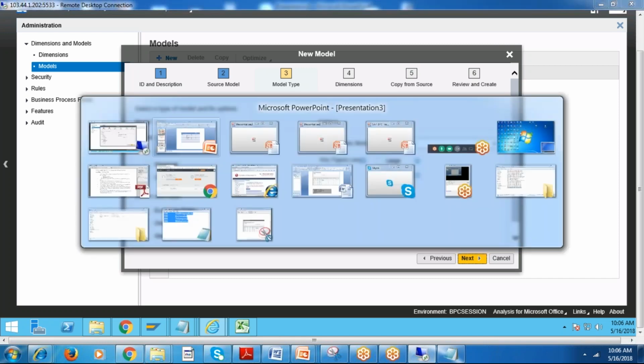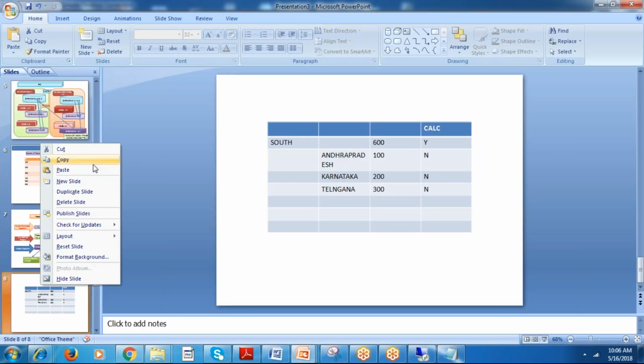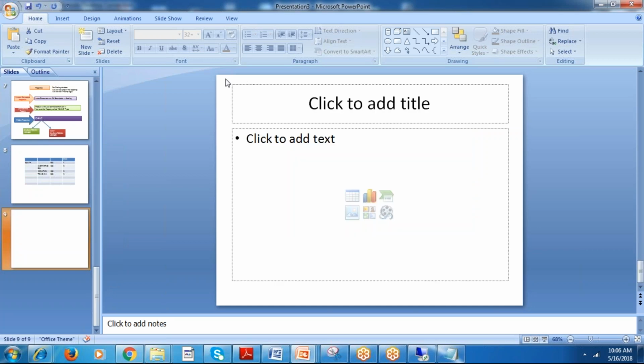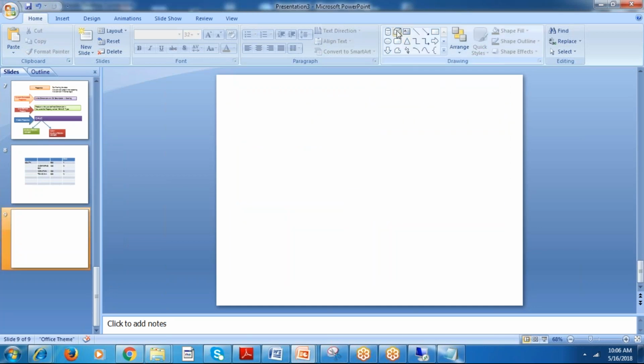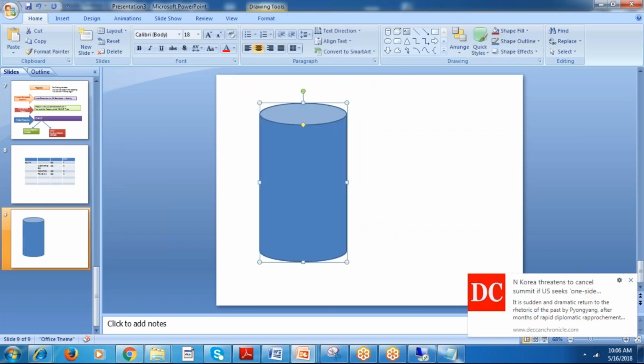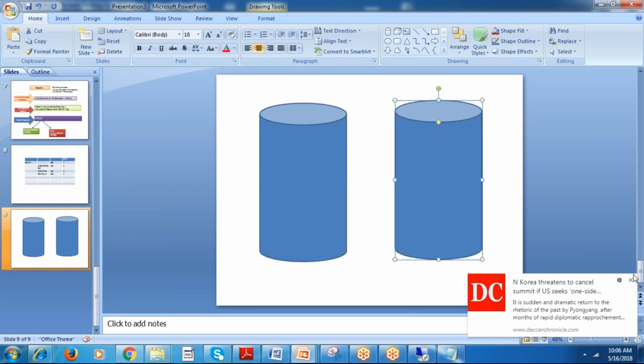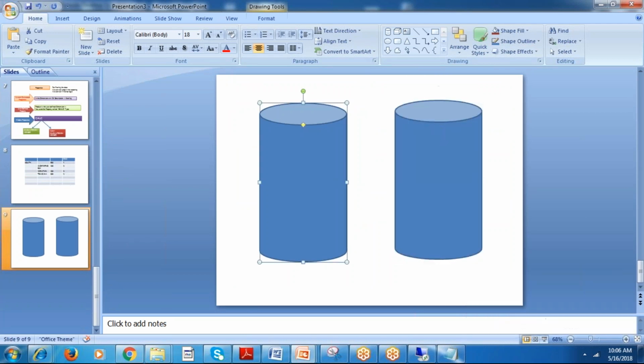So standard, financial and consolidation. We'll come to this slide. Here I am having the finance model, standard model. We call it the standard model, right?